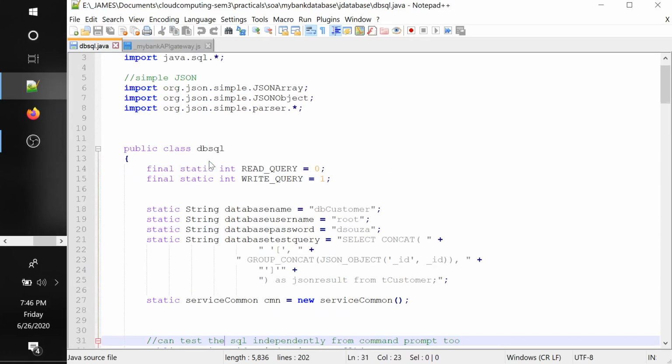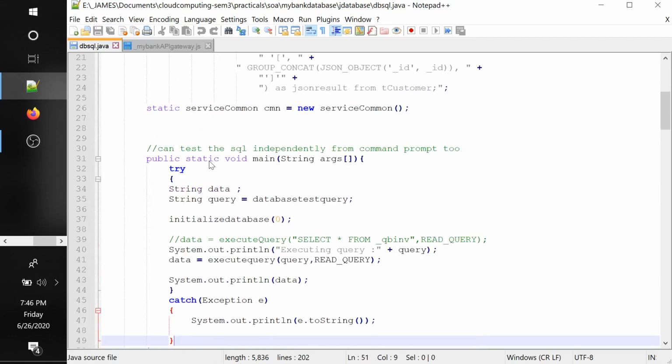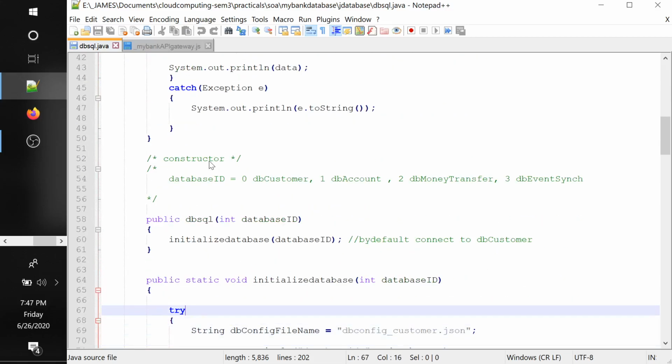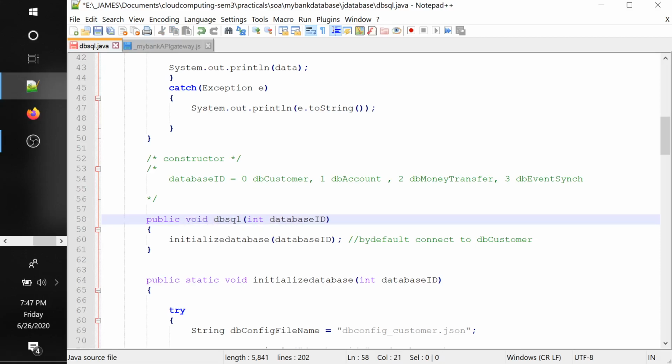It was not causing me the problem earlier, but it suddenly started causing the problem once I started sending the input parameter, which is database ID. The problem was this line had code like this: public void DB-SQL, and there was no input parameter initially.